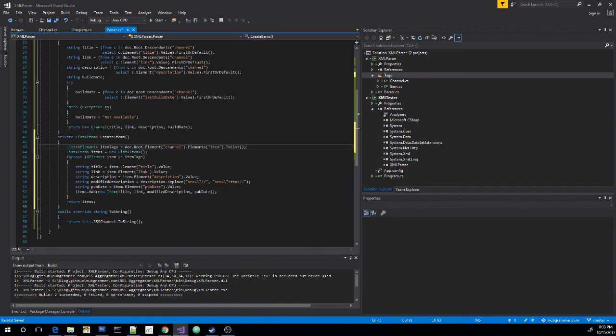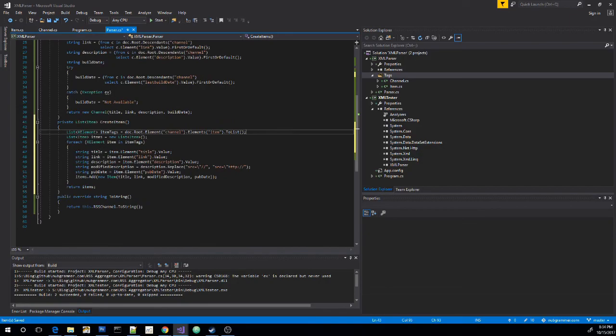Then list items equals new list item. So what we're doing here is creating a holder for the items that we're going to create based off the item tags that are in this list. So we're going to do a foreach loop, XElement item, because every item that comes out of item tags is an XElement. And then we're going to pull the string out of it, pull the link out of it, pull the description,